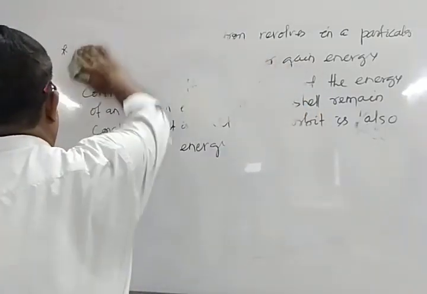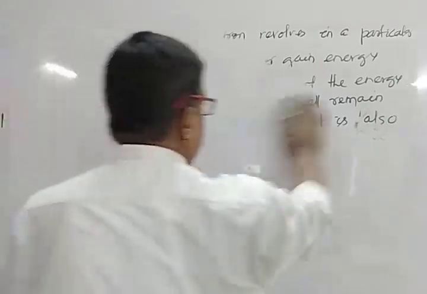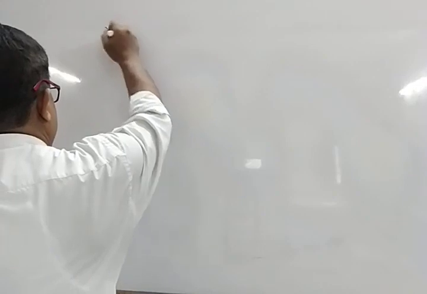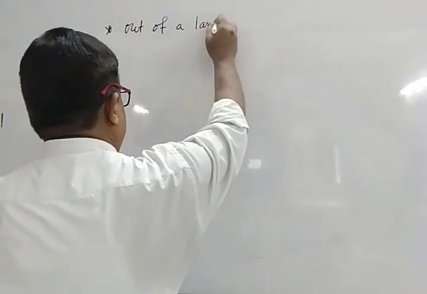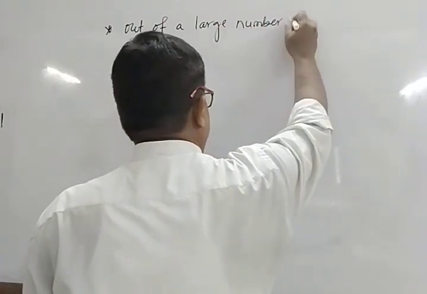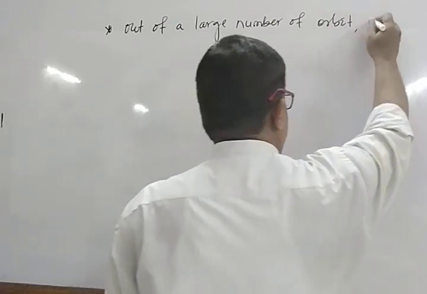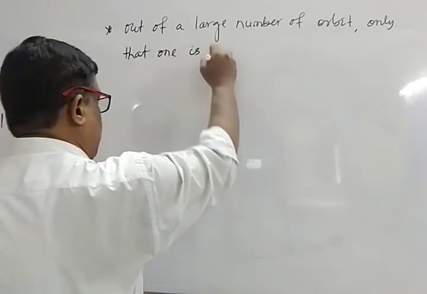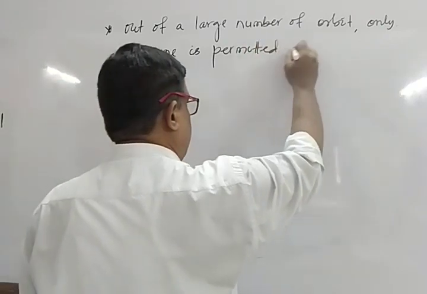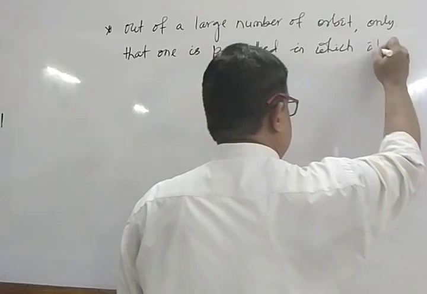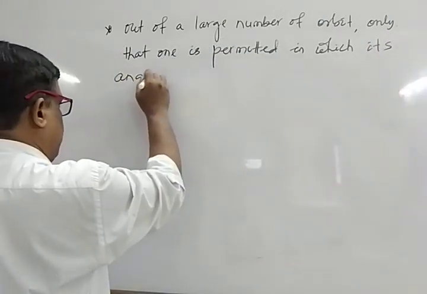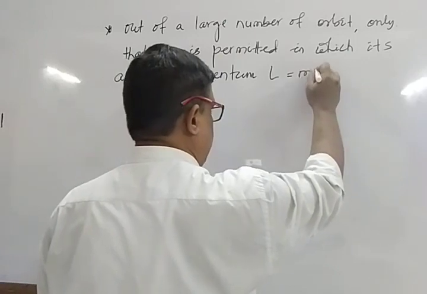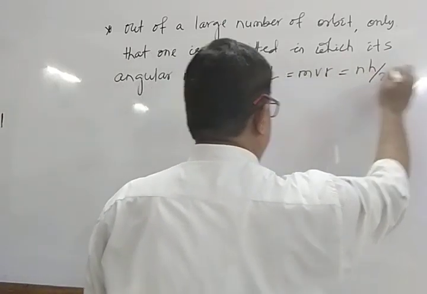Next point, note it down. Out of a large number of orbits, only that one is permitted in which its angular momentum, that is L is equal to mvr is equal to nh by 2 pi,